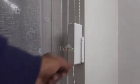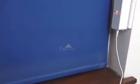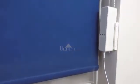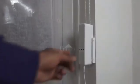Now if we come down, we lower it to the lowest position and then hit stop. There you go. Okay, so to test it's worked, we can just now open it and let's just see if it stops by itself. There you go. And now if I come back down, click the lower button,